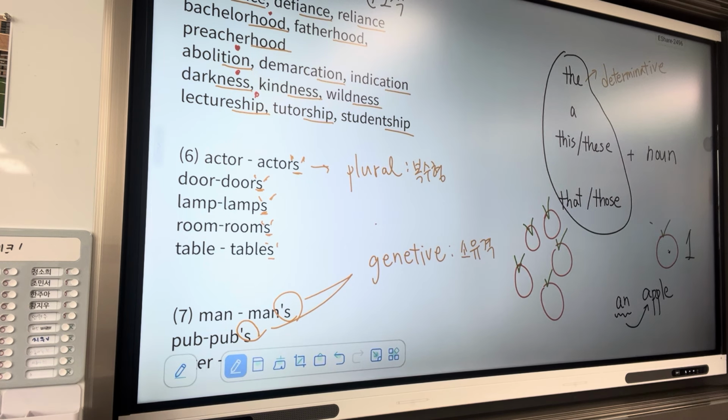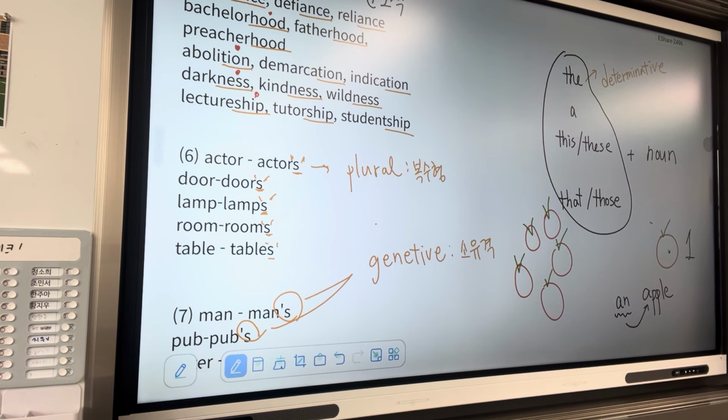Okay? And next person. In table 3.1 below, you will find a list of the most common determinatives in English. Right. So here below we have table 3.1. Okay. Can anyone tell me what is the first example of determinative in table 3.1? What is the first example of determinative?